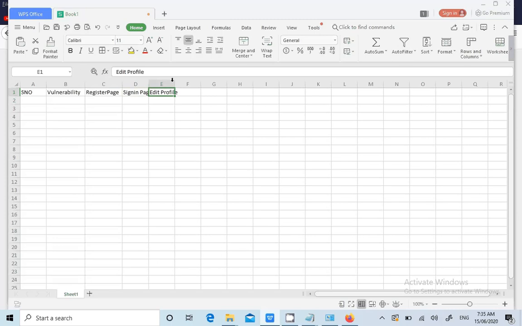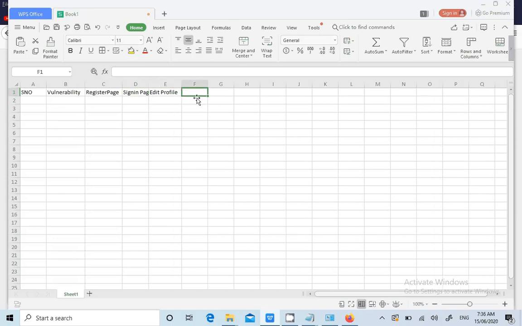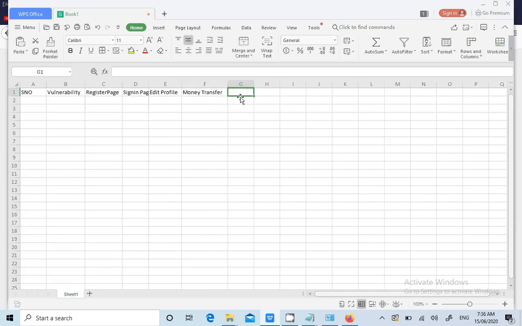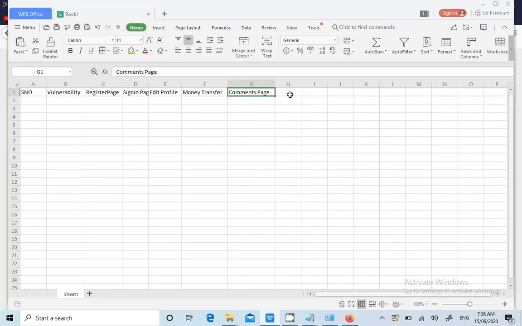Sometimes we can see money transfer page, like account money transfer, and after logout, what all pages there are, comments page. You like this way of training for sure. Forgot password page.